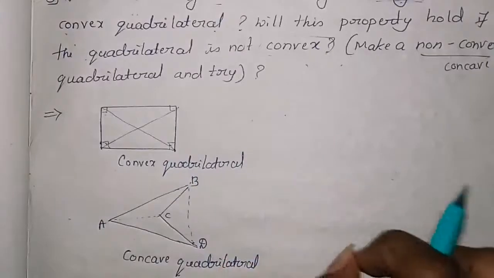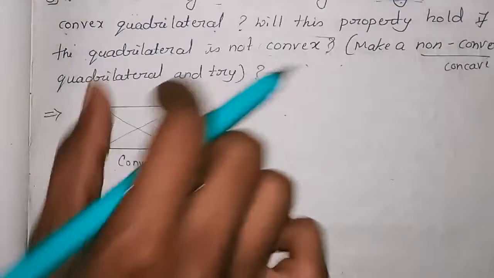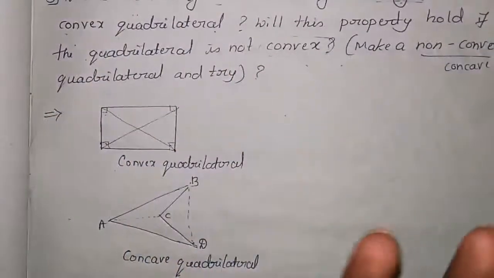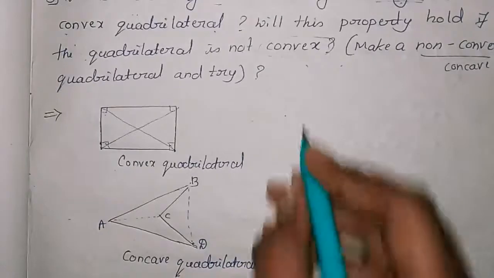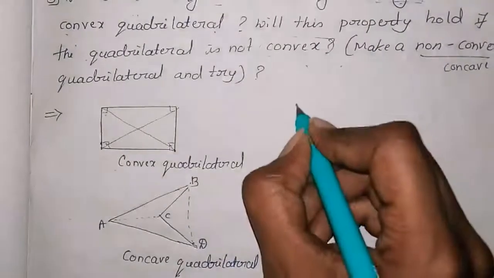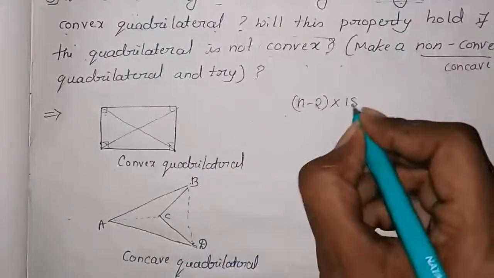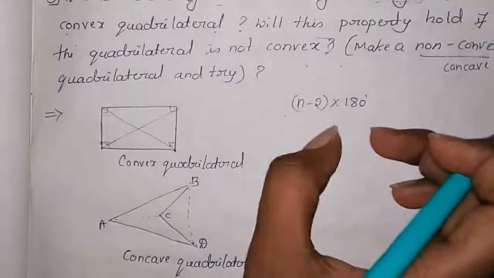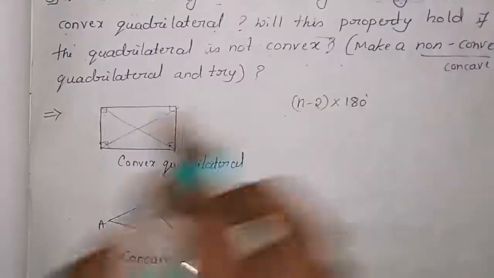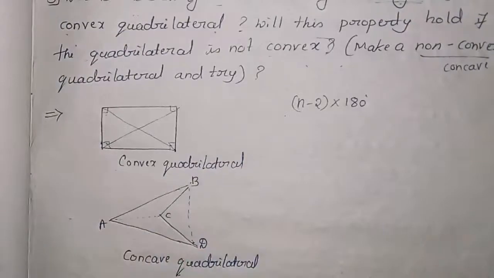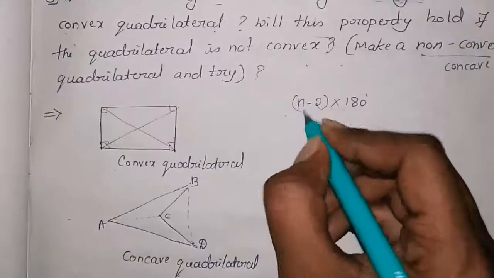You can do it by that method, or whenever quadrilateral terms come, as you can observe the unit name is quadrilaterals, there is an angle sum property of a quadrilateral, which you will study afterwards. It is (n minus 2) into 180 degrees. This is the formula for how to calculate the sum of the angles of a polygon. We know this diagram is a quadrilateral, and n means the number of sides.